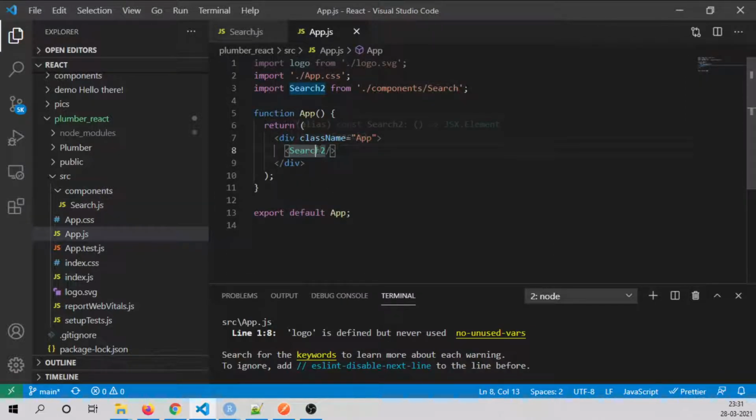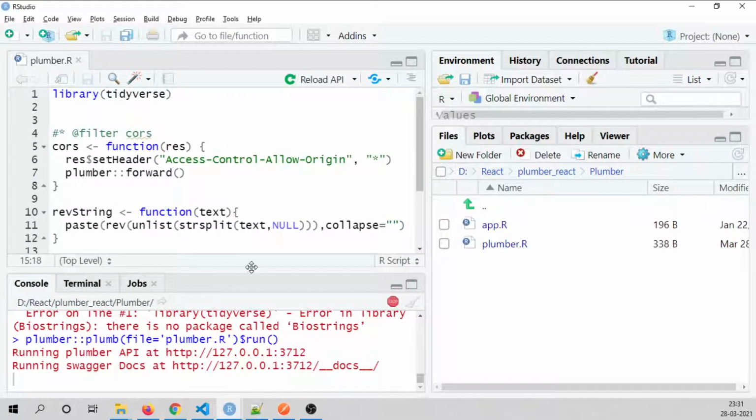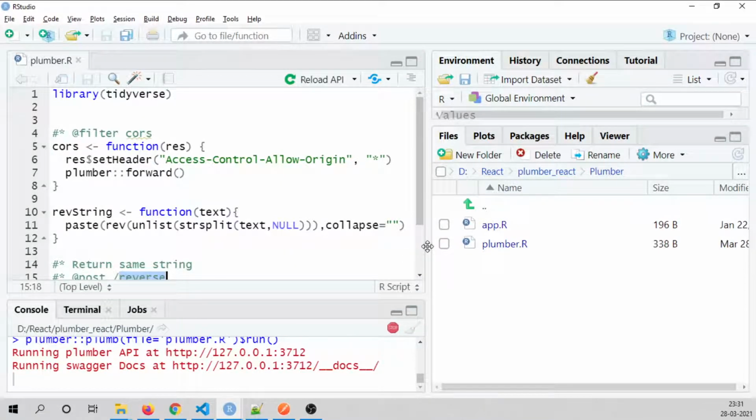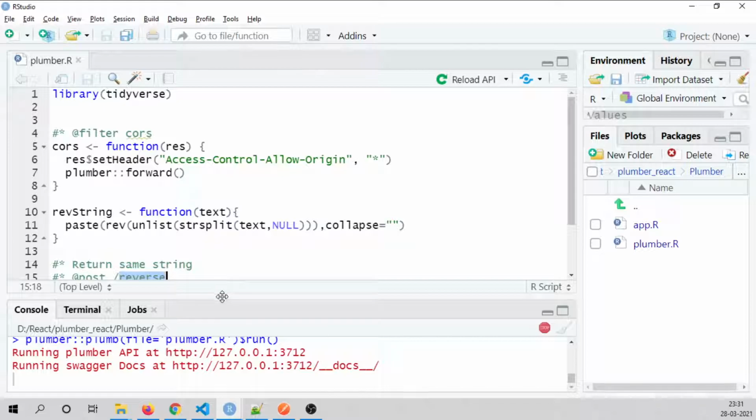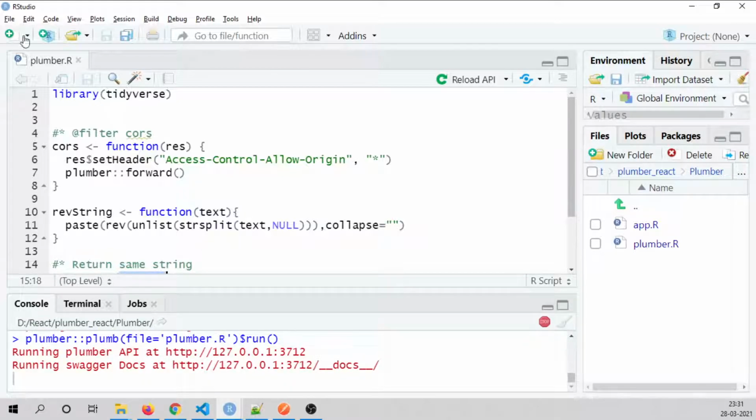So this was all about the React, and let me show you the R code that I have built. I hope this is visible. Here you will see the R Studio that is currently used to work on the R programming language.